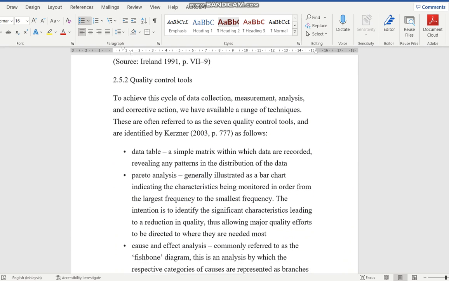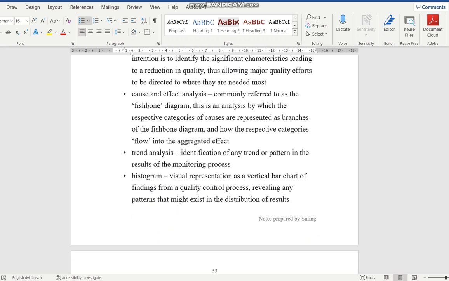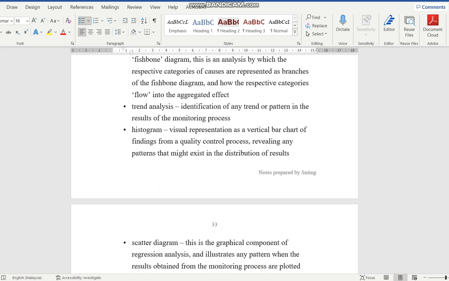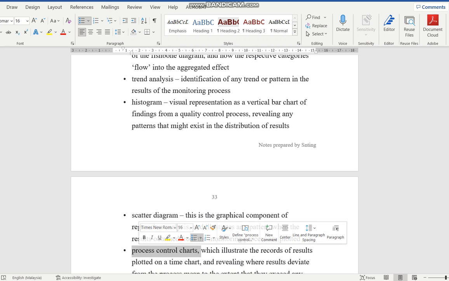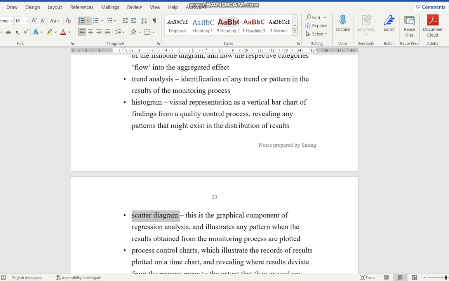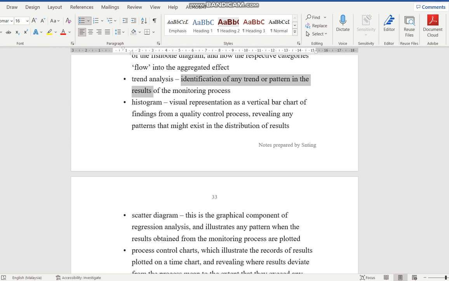Quality control tools, I will list down some of the quality control tools. Some of it is about reading the data, presenting the data. Some of it is about cause and effect. Mostly it is about cause and effect, and some of it is just showing the variances, to quickly show you the variances. Like for example, this will be showing the variances. This will be showing the cause and effect. This will be showing the variances. This will be showing the